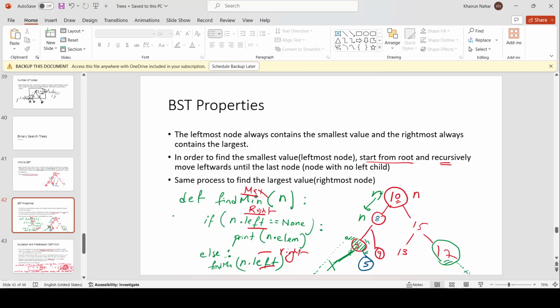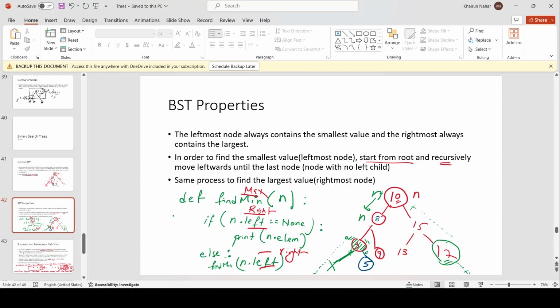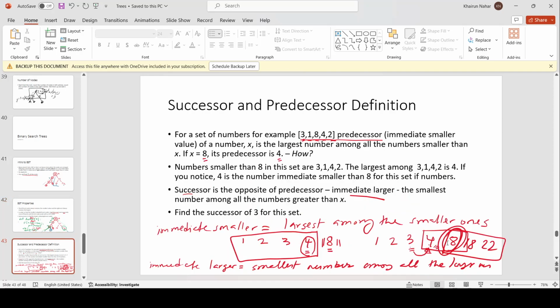the leftmost. On the other hand, rightmost হচ্ছে starting from the root, we move on going to the right until we reach a node whose right is missing. তো leftmost এবং rightmost node বের করার ওয়েটা এক্স্যাক্টলি একই জিনিস, জাস্ট we move in two different directions. From root, if we are moving leftwards, then we will find the leftmost, and if we start moving rightwards from the root, we will find the rightmost. এবং এই সব কাজগুলো আমরা রিকার্সিভলি করব। তারপর আমরা দেখেছি সাকসেসর এবং প্রেডিসেসর ডেফিনিশন। Successor হচ্ছে, for example, if I